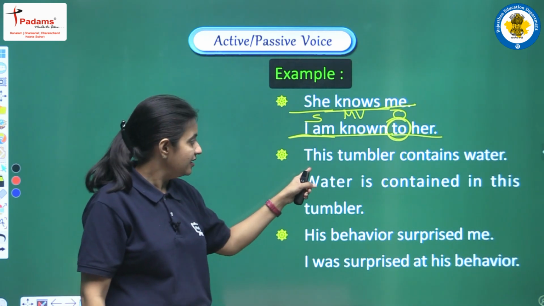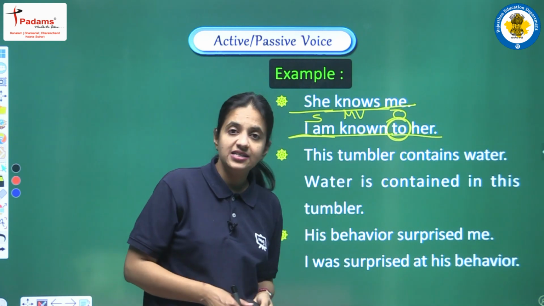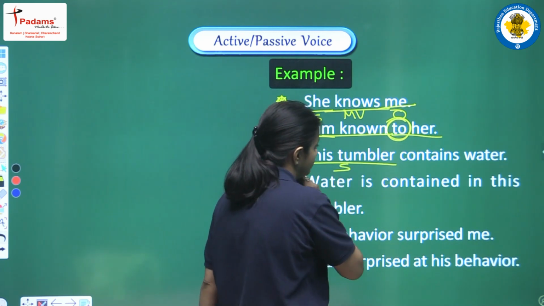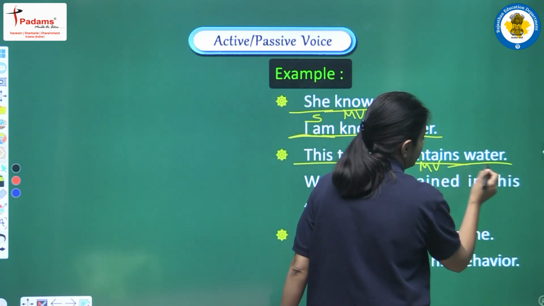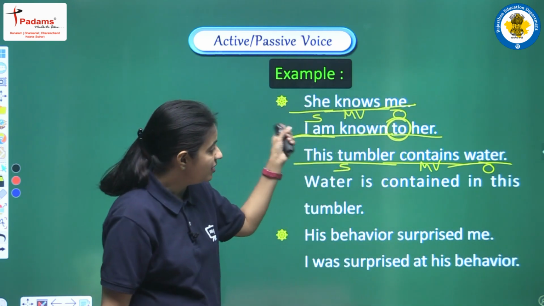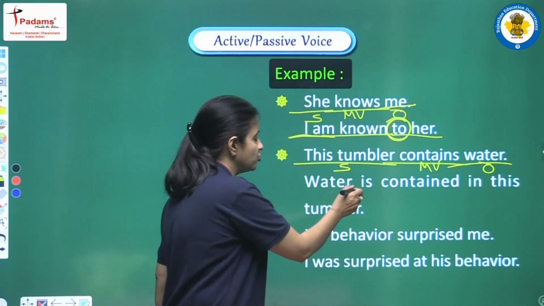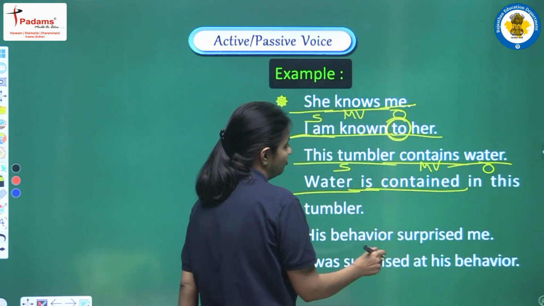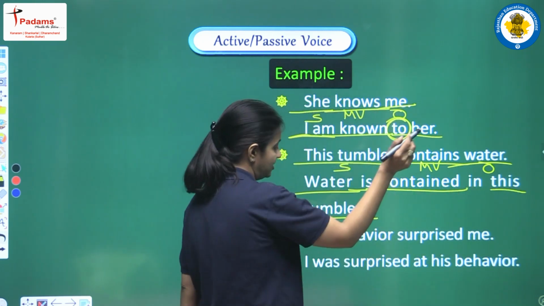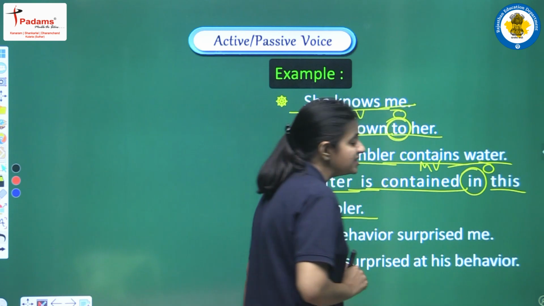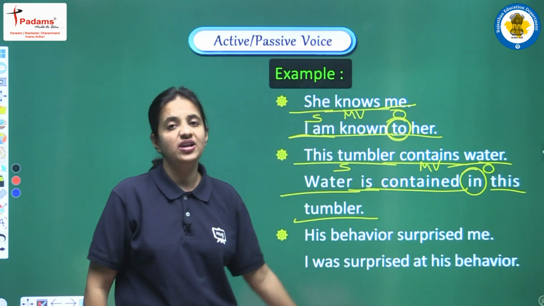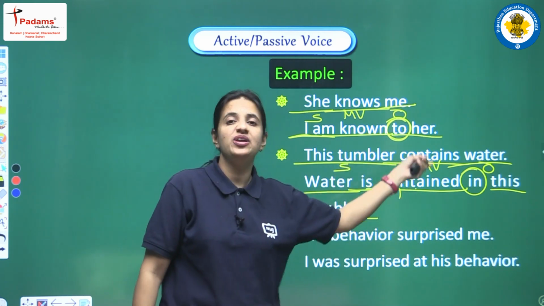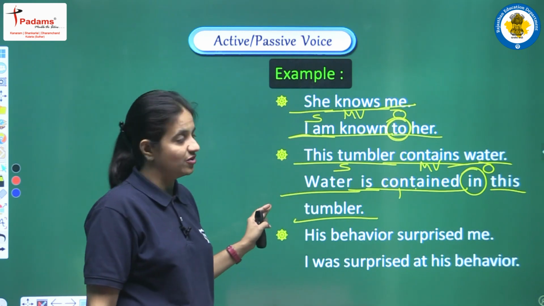Next is: this tumbler contains water. Again, it's an active voice sentence. We have this tumbler as the subject, contains as the main verb, and water as the object. When we convert this into passive voice, first of all we write water, is as the helping verb, contained as the third form of the main verb, and at the end of the sentence the subject, that is this tumbler. But here before the subject we are not writing by, we are writing in. Why? Because with this particular word, contained, we have to write in only, and the passive voice will be: water is